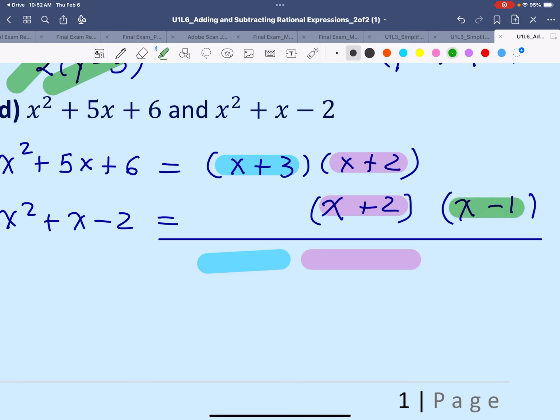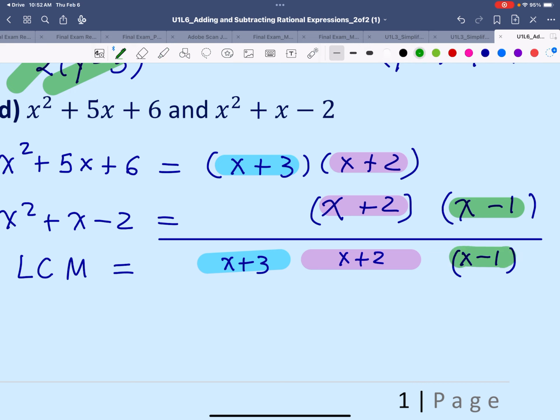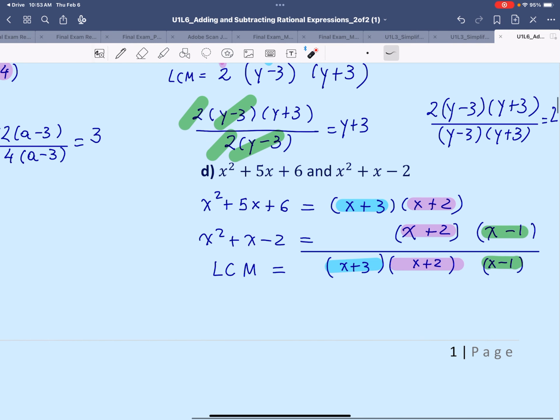And then we have x minus 1. So the lowest common multiple would be x plus 3, x plus 2, and then x minus 1. We're going to say that x plus 3, x plus 2, x minus 1 is divisible by